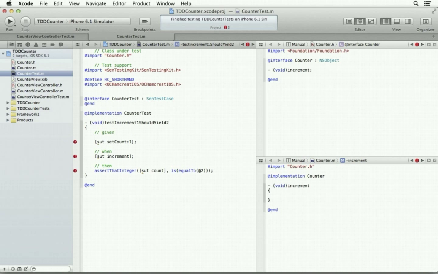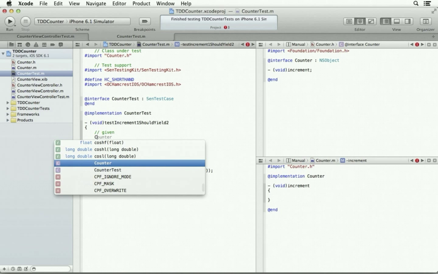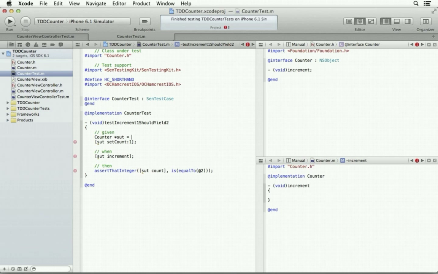Of course, we have to create the system under test. Like that. And we are relying on a property that we haven't created yet. So that's the first thing the test is driving us to do.